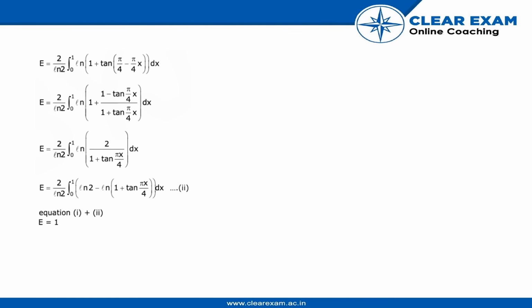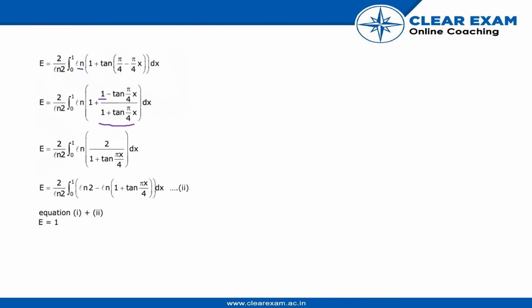And what we do next is we multiply 1 minus x with pi by 4. We get pi by 4 minus pi x by 4. Then we use the tan (a minus b) formula, which is tan a, which is tan pi by 4, which is 1, minus tan b, which is tan pi x by 4, upon 1 plus tan a tan b, which is 1 plus tan pi by 4 into tan of pi x by 4. Tan pi by 4 is 1, so we don't write it specially. So this is the case that we get.